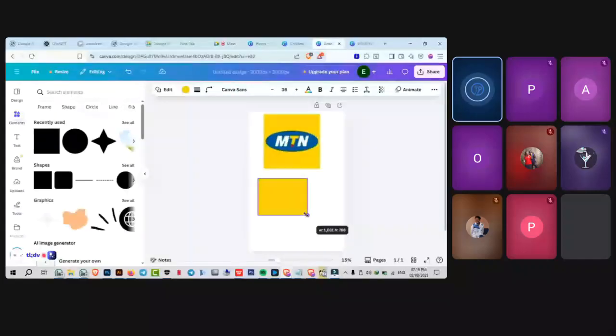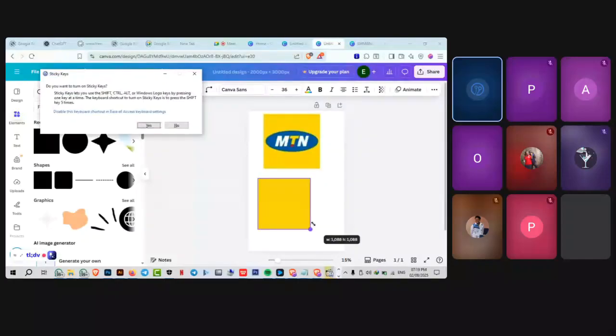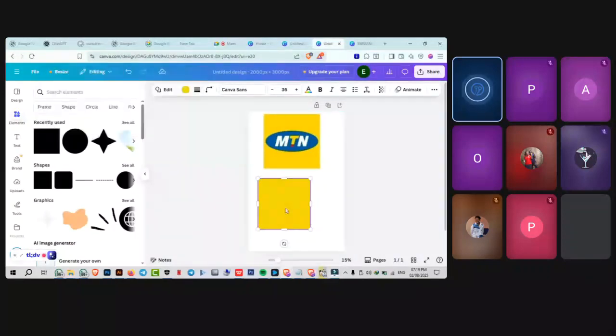But if I hold my shift key back, it's going to take it back. You can see the shift key is pressed down, removed, pressed down, removed. So make sure that you press the shift key down and remove your hand from the touchpad or your mouse first, before you remove your hand from the shift key. All right, so that way we are good to go. So after doing this,